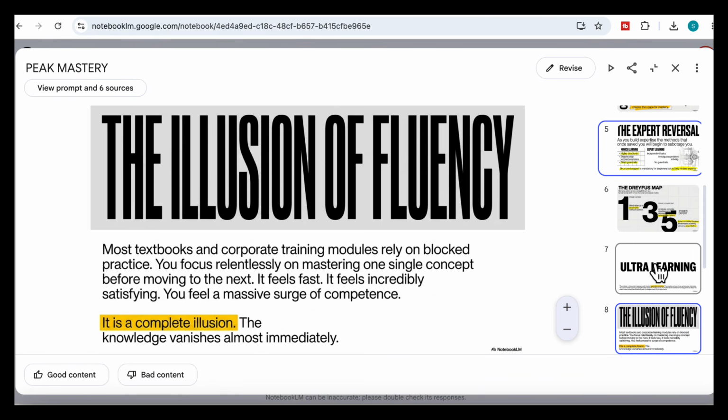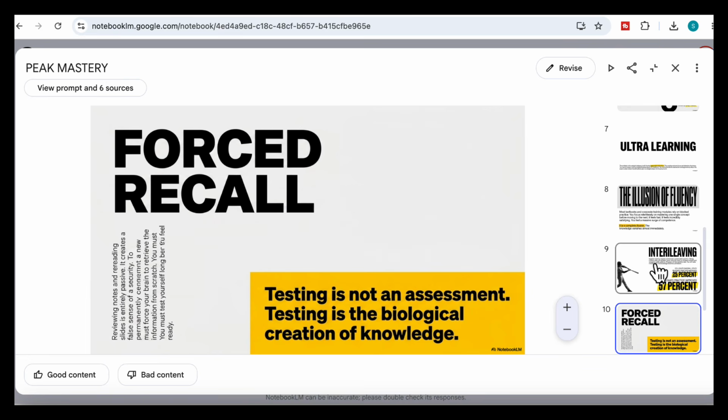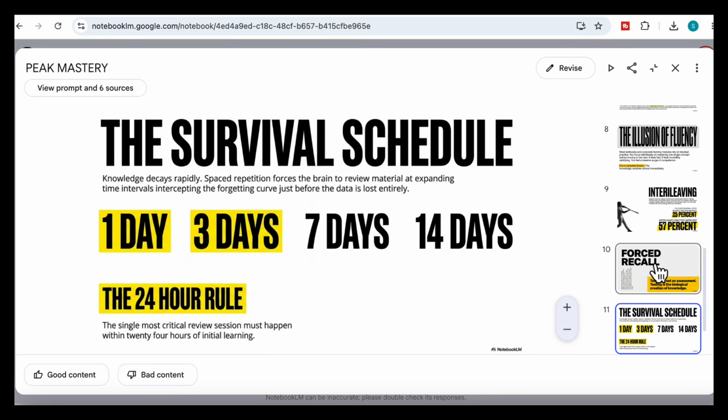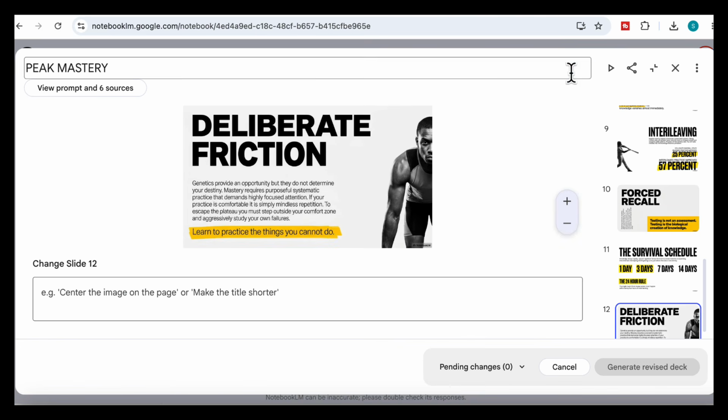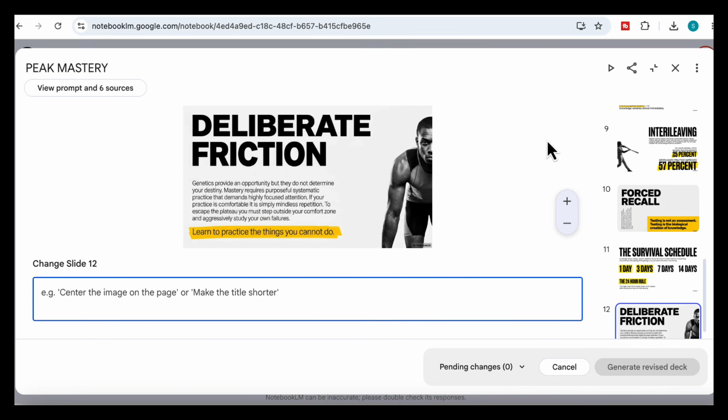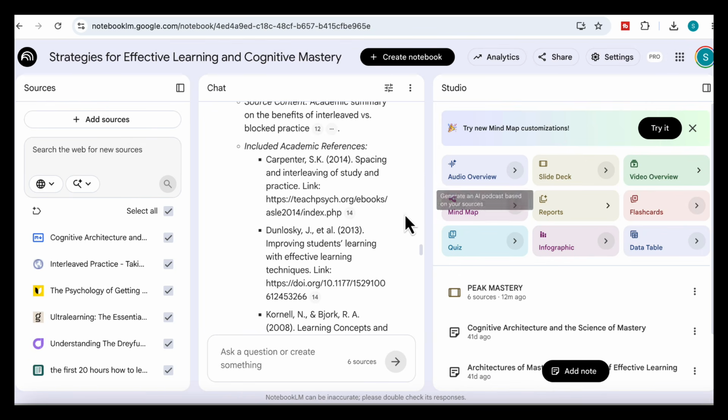So a few minutes ago, we started with a standard notebook, and by simply changing the prompt in the slide deck, we were able to generate presentations with completely different visual styles and personalities. Whether you prefer editorial layouts, executive style presentations, magazine inspired designs, or something a little more creative, you can find designs that will transform your